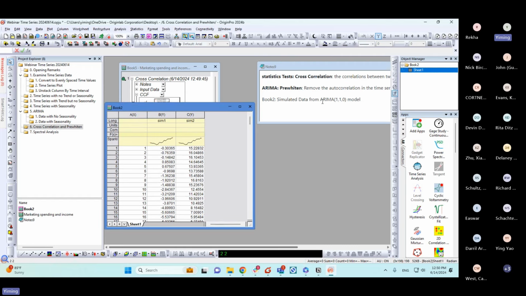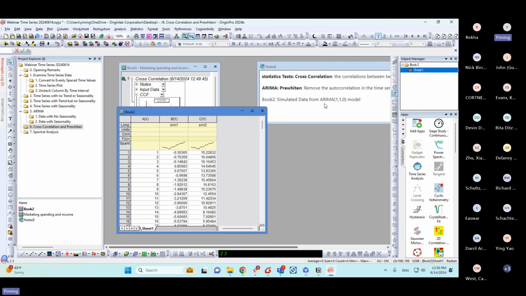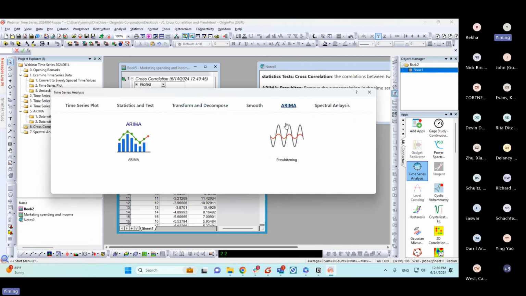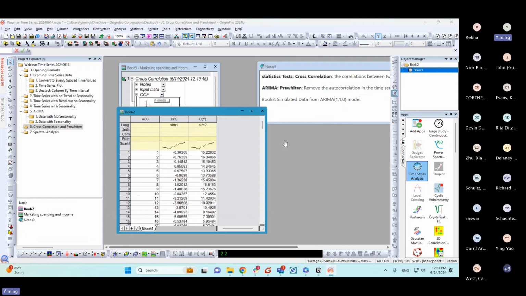I simulated it with the ARIMA 110 model, so there's a first order autoregressive component here. We need to remove that autoregressive part from the model. In order to do that, we have this tool called pre-whitening. It's under ARIMA, pre-whitening. Okay, let's use that